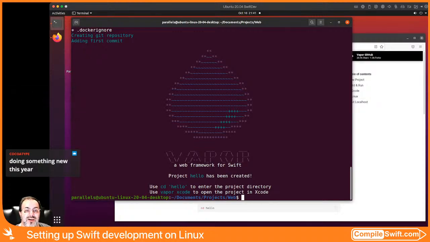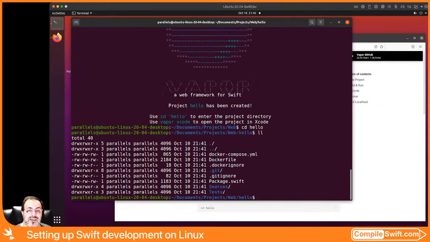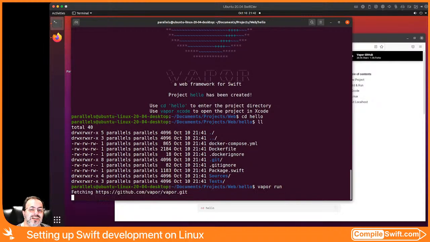Okay, here we go. Right, so let's make sure all of this is running. Use Vapor Xcode to open the project in Xcode. Not going to happen. Is it Vapor Run if I remember rightly? Doing something new this year. Do it. See what happens. Okay, you know what? For you, I'm going to do it just so we can both look and go, oh, look,